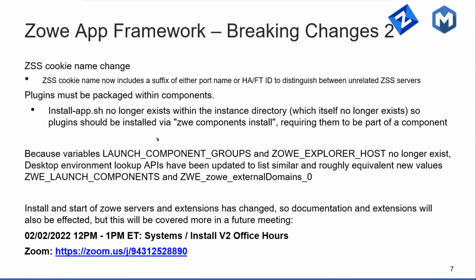Now that we have zowe.yaml, each component individually has an enable or disable flag. And so there's a new environment variable, ZWE_LAUNCH_COMPONENTS, which is a list, comma separated, of all the components that are running. So it's more granular. So you would need to adapt any code that's trying to find which components are running by looking at that instead. Likewise, if you were using ZOWE_EXPLORER_HOST to find the IP or host name of where Zowe was located, since Explorer only talks about one part of Zowe, we kind of don't use that environment variable anymore because it's misleading. So now we have a new one,